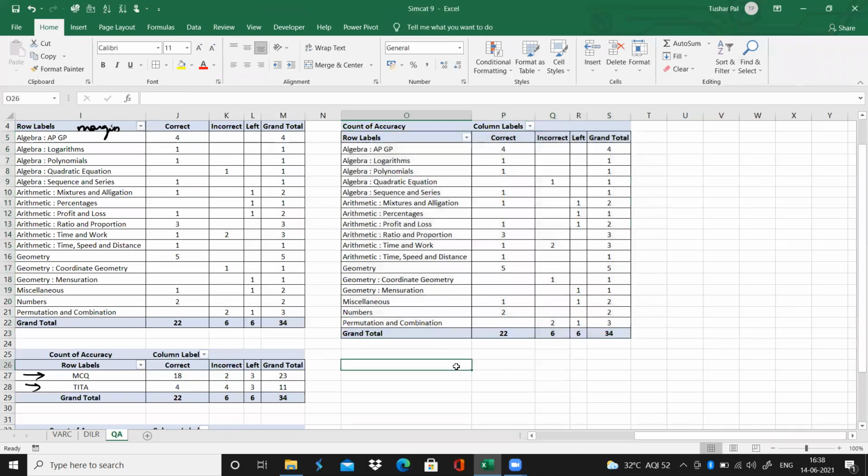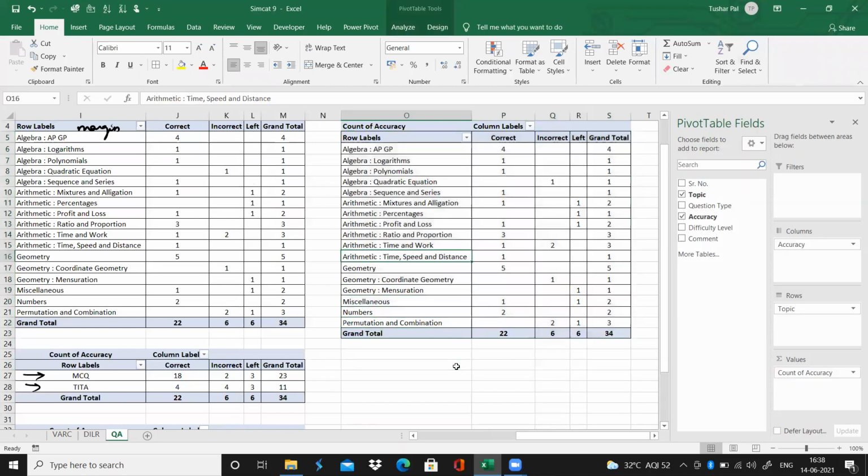So it is aesthetically good, and I've made a pivot table from which I can analyze my scores. I can analyze my marks, whether in which topic I'm lagging, in which topic I'm doing well. So this is all about how to analyze your mock.